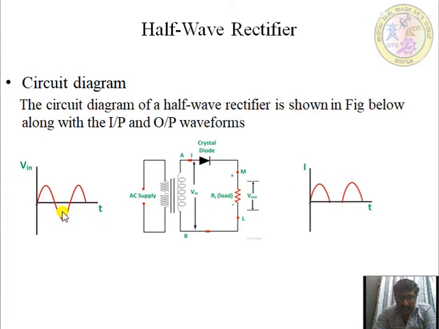So what will happen during the negative half cycle? During the negative half cycle, the diode is reverse biased, that is, the circuit is in an off state, the diode is in an open state. The diode will not conduct, so there will be no flow of current across the load RL, and there is no negative voltage. Once again during the next positive half cycle, the diode D1 is forward biased and a load current passes through the load RL. So once again there is a peak at the output.